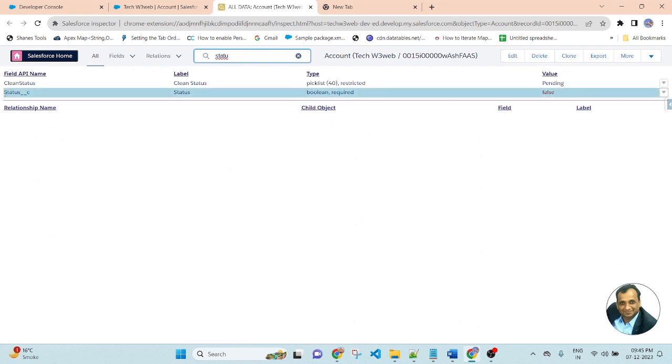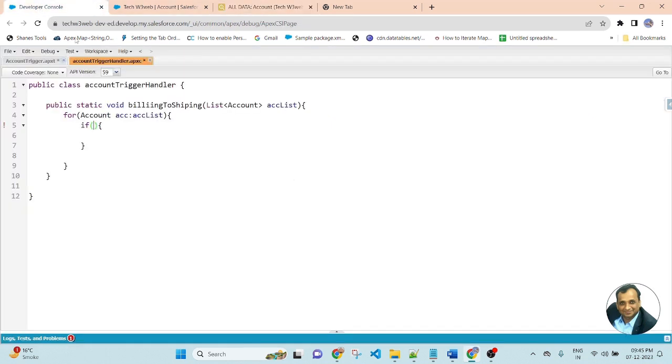This is status, a custom field that is a boolean type. Copy the name of the field. Go to the developer console. If status double equals true. So whenever the user checks the checkbox, then we will assign the billing address value to the shipping address.